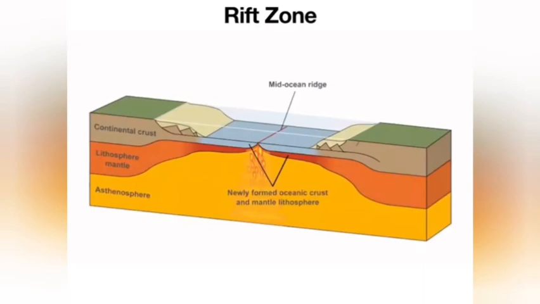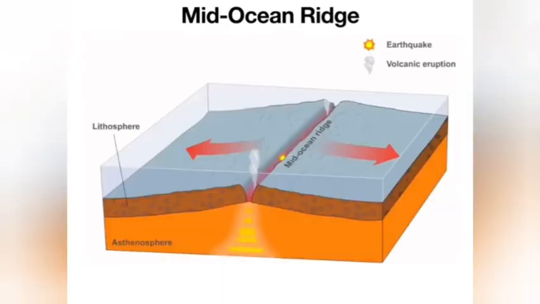We do get some minor earthquakes here, though they're not as significant as the convergent boundaries would be. Often we will see this out in the middle of the ocean, and we call that a mid-ocean ridge, shown here. So the convection currents are actually pulling the plates apart. The magma is coming up in the middle, forming mountains and volcanoes, and again, some earthquakes.